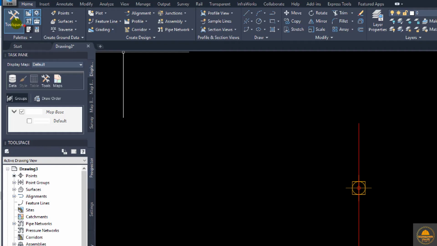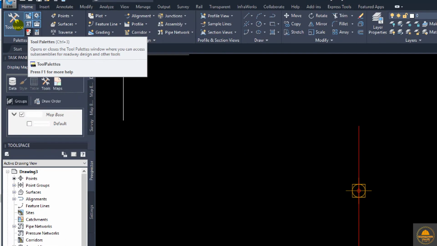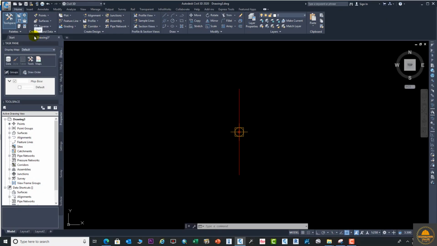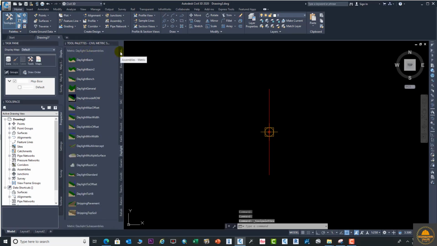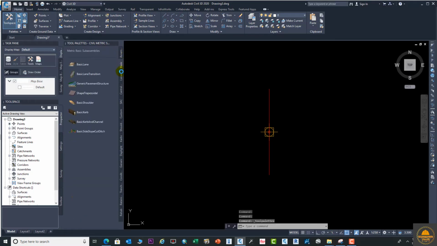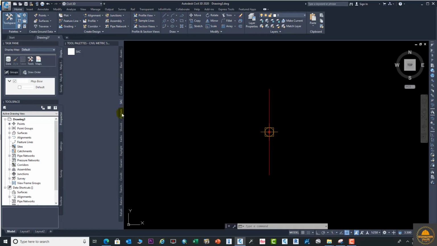Yeah, this one, tool palettes. This one is the assembly tool palettes, or you can enter Control 3. Select this option, and your tool palette opens. From here you can see basic, lane, corridor, seg, custom, shoulder, curves, daylight,